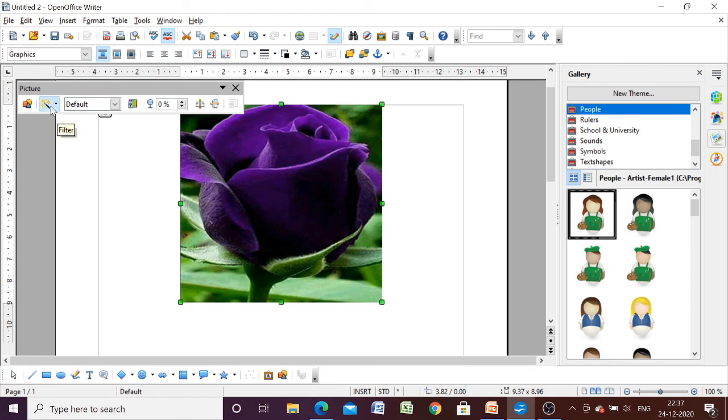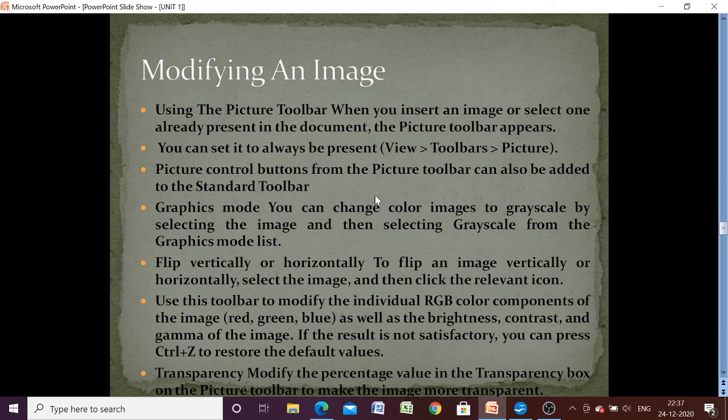So let us select one by one all the options. Here we have some filter options. If you can see here, some graphics modes are there, some filter options are there. Then we can flip our image either vertically or horizontally. We can change the transparency, we can change the primary colors.